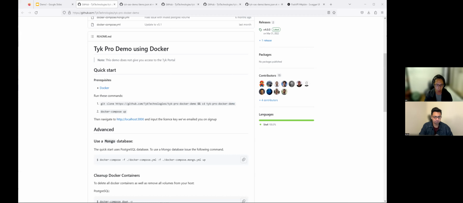So I'm going to clone it in my environment, on my command line. Command line is extremely boring, so I won't show you the command line, but I will actually run docker compose up on my end. So, docker compose up.